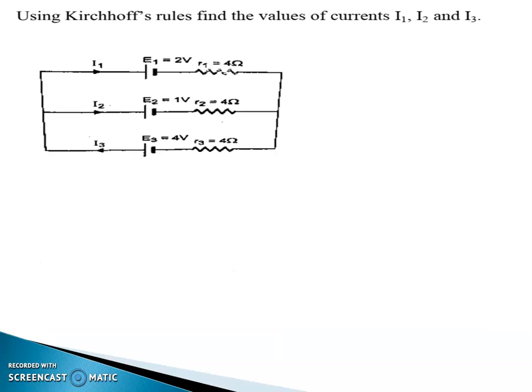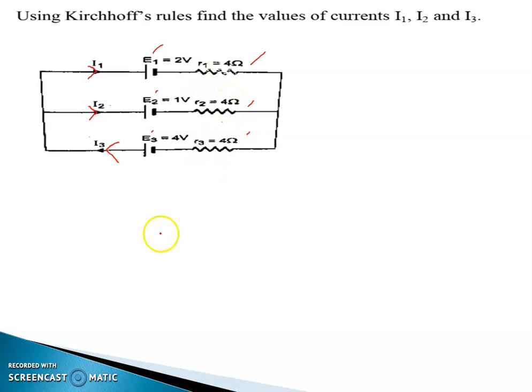So there are a few questions. This is a question based on Kirchhoff's rules. Now see this network. We have three batteries E1, E2 and E3, and the directions of currents are given. I1 is going in this direction, I2 also in this direction, and I3 is going in this direction. We have to find I1, I2 and I3. Now you can see three resistors, 4 ohm, 4 ohm, 4 ohm, connected towards the negative terminal of